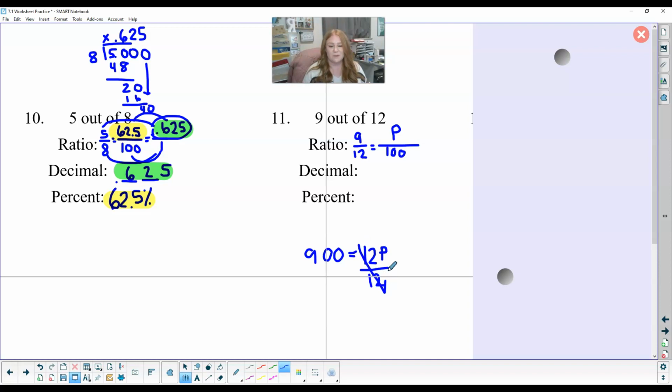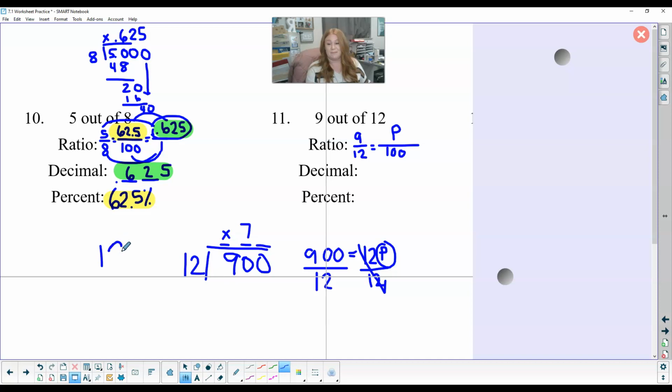12 divided by 12 is 1. So now I just have 1 p. And I'm going to divide by 12 here to see what that p is. So we need to do 900 divided by 12. So I need something above the 9, the 0, and the other 0. So 12 cannot go into 9. It goes into 90 7 times. 7 times 12 is,